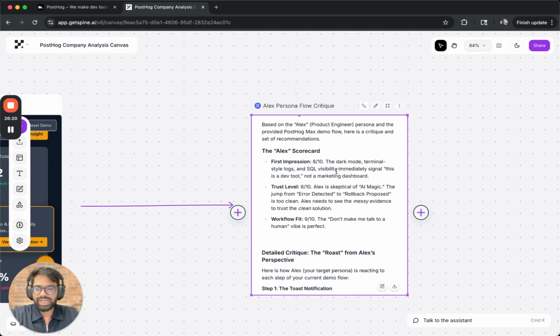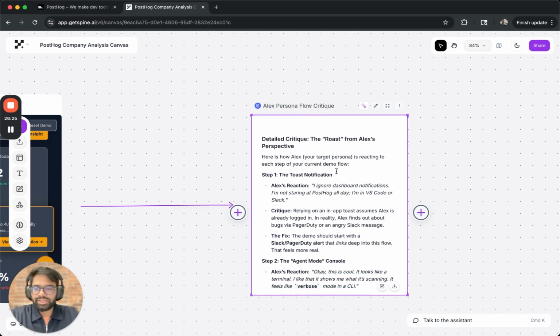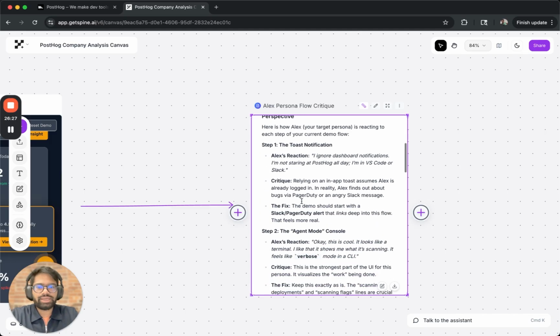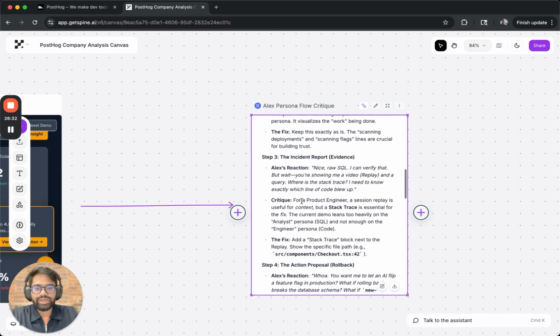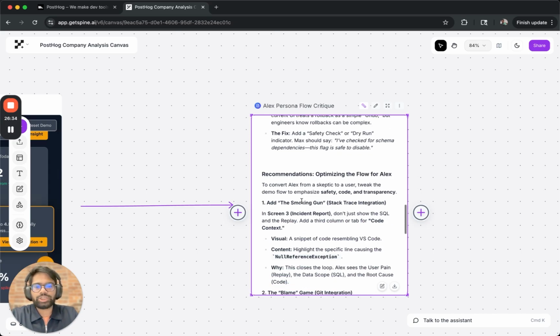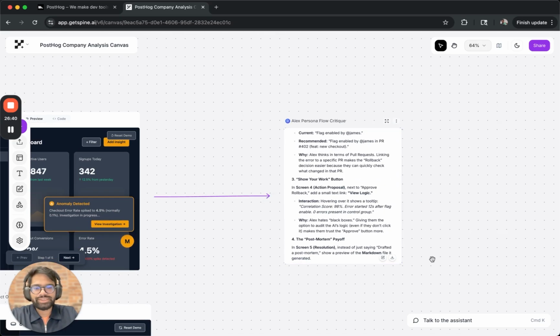So Alex, who's a product engineer persona, is going to give us some perspective on what he likes and doesn't like. In this case, it's giving you step by step what their reaction is for each step, the critique for each step, and then actual recommendations on how to improve it. And the beauty of Spine is that you can just take